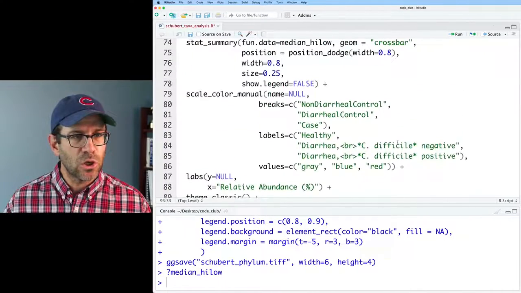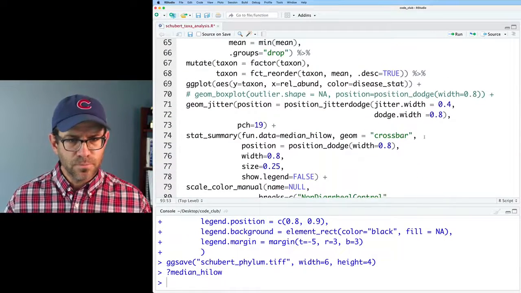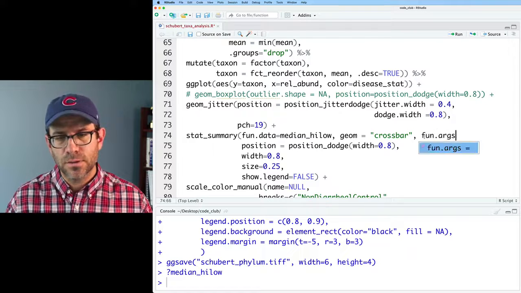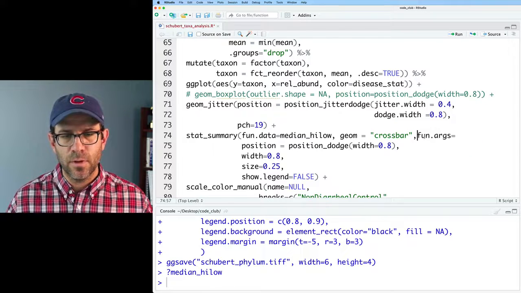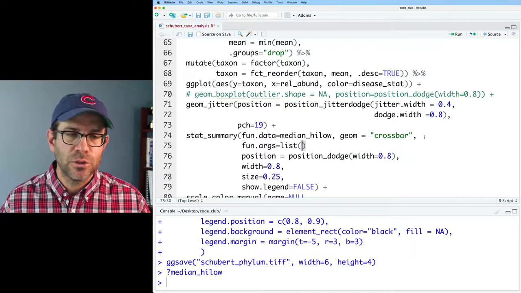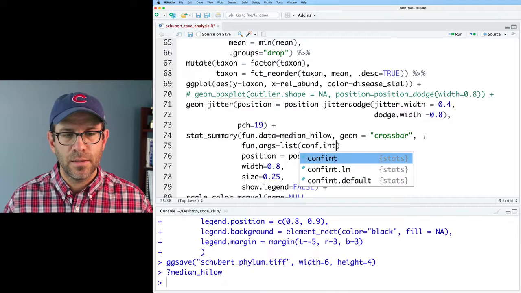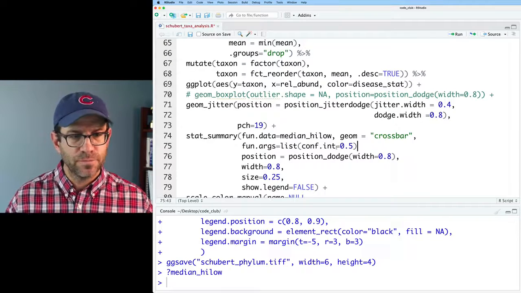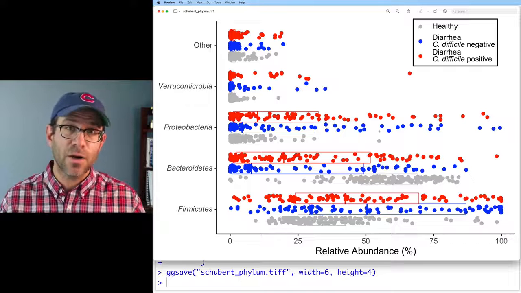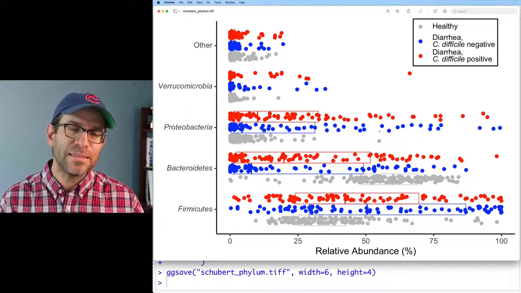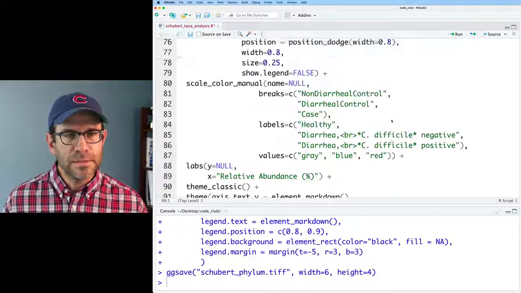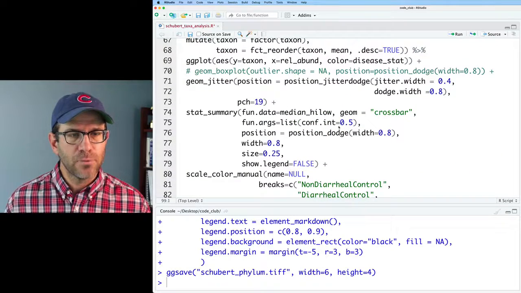So let's go ahead and try that out with our stat_summary, where we can do fun.args equals, let me put this on a separate line, list, as a function, and then I will do conf.int equals 0.5, add that comma. Great, we see now that by using that fun.args argument, we can change the confidence interval on the median_hilow function. Let's try a different geom. Perhaps we could try